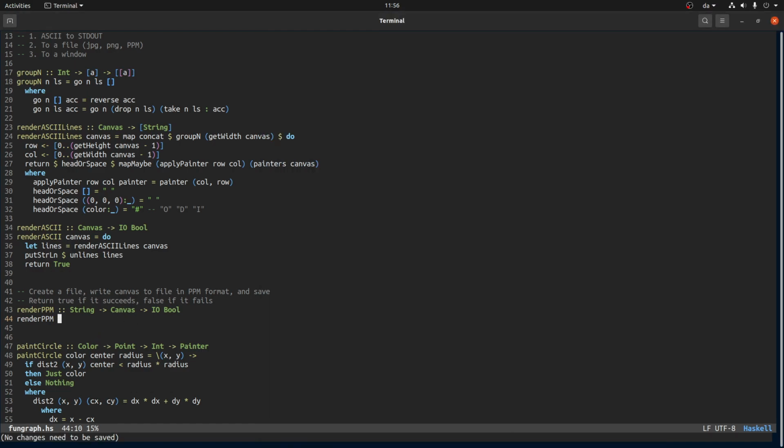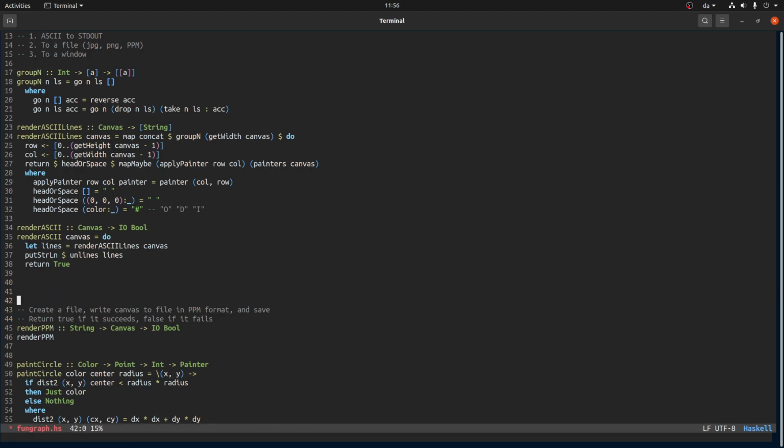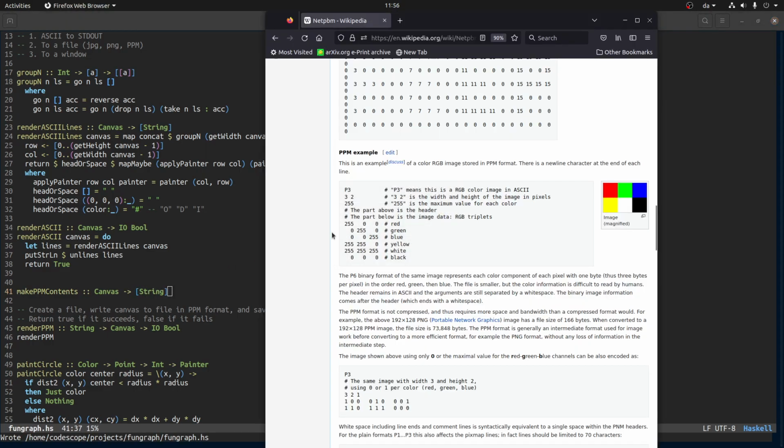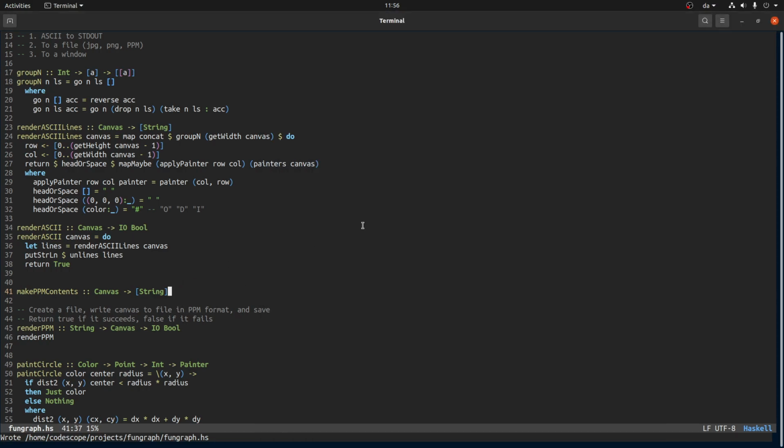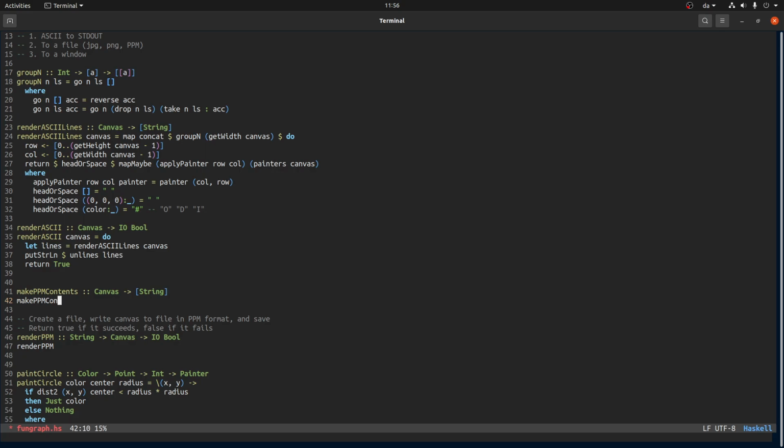Okay, so I kind of want to make the PPM file in a separate function. So like, let's say makePPMContents, and it will take a canvas and return a list of strings. And the idea is that this list of strings will just be P3, and then the next element is this one. So makePPMContents for the canvas. It will, and let me just, so it compiles. It will